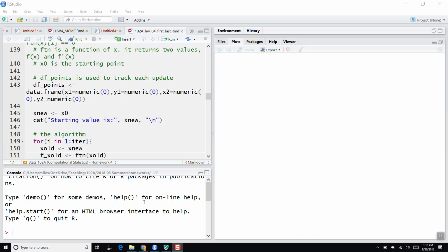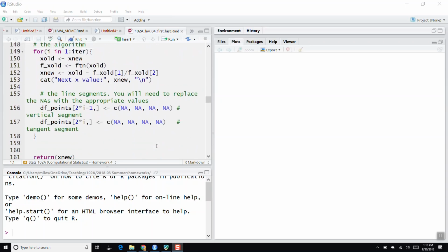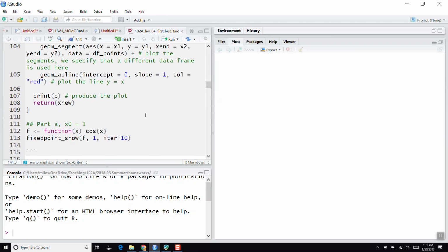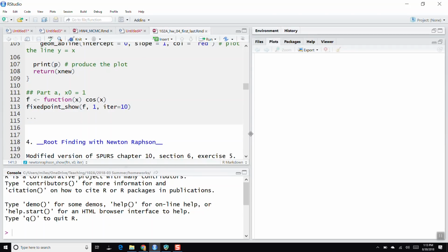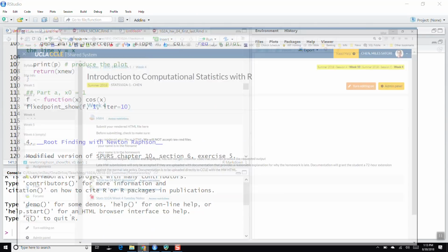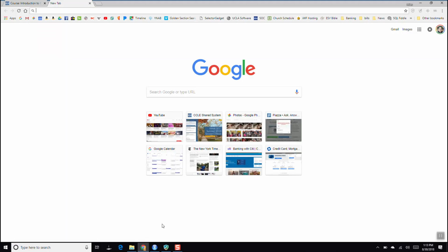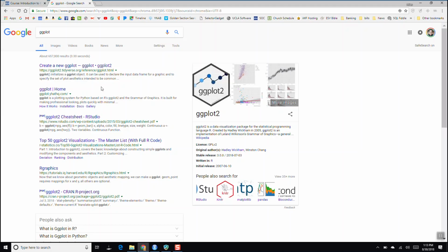Okay. All right. So your homework assignment incorporates ggplot. If you want to recode your thing so it doesn't use ggplot, that's fine. I'll allow it. But if you want to use ggplot and you don't know how, there's some good things out there. First of all, you can just type ggplot into Google,